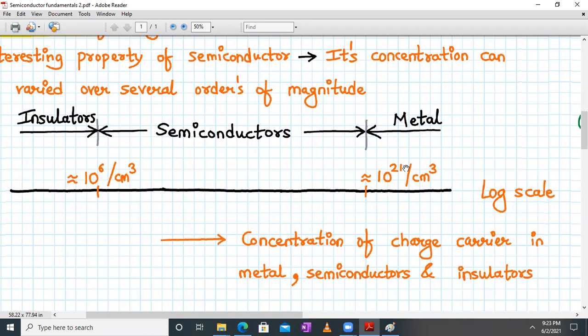Okay, so for metals, obviously we will have a large concentration of charge carriers, particularly electrons, around 10 raised to 21 per centimeter cube. For semiconductor, the range is very wide, ranging from 10 raised to 6 per centimeter cube to 10 raised to 21 per centimeter cube. Okay, so we have a wide range of variation in concentration of semiconductor materials. And for insulators, we have very low concentration of charge carriers in the range of 10 raised to 6 per